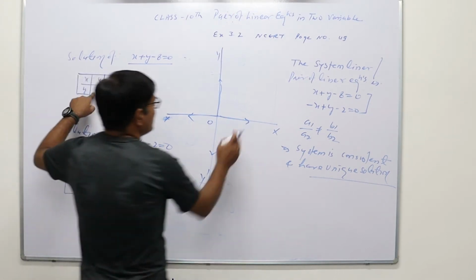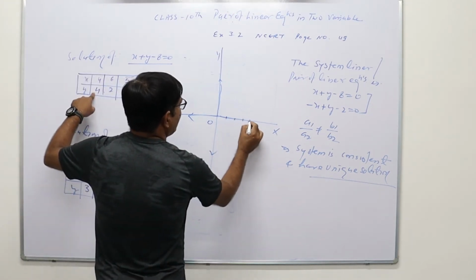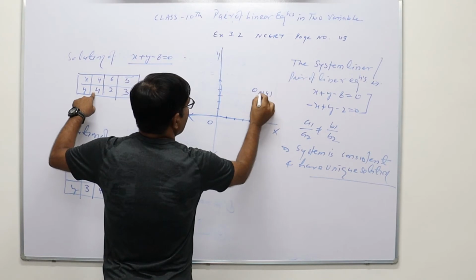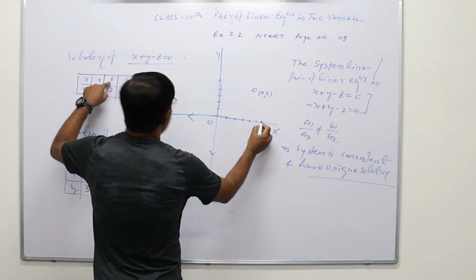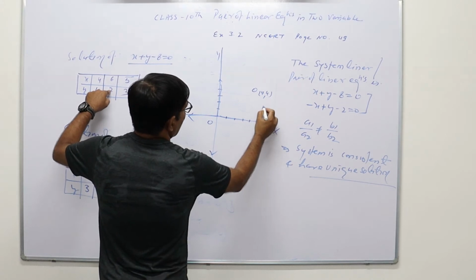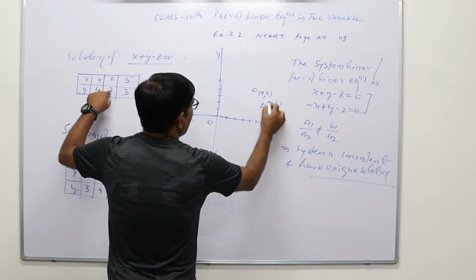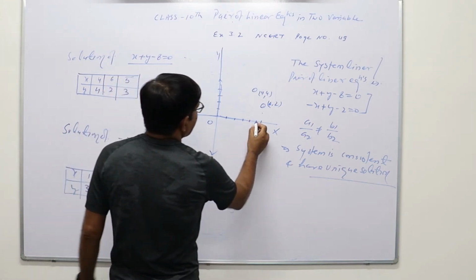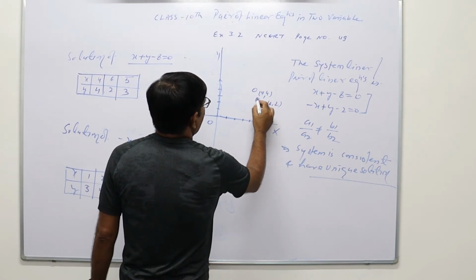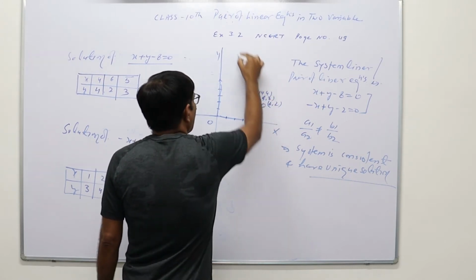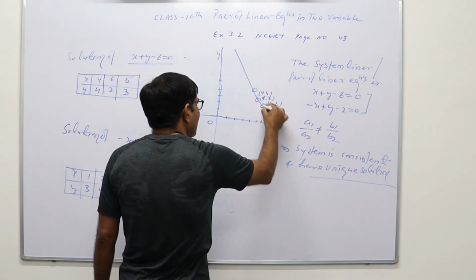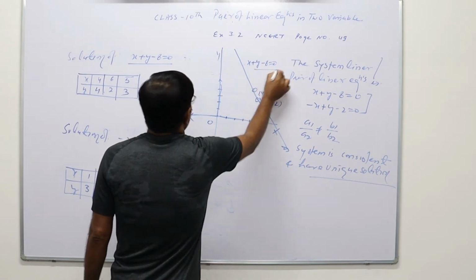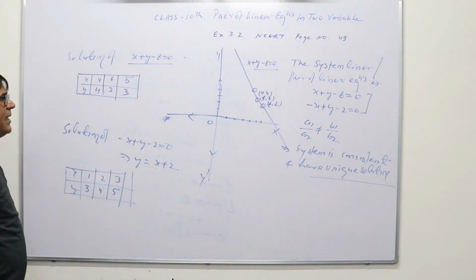Now for the first equation, x is equal to 4, then y is equal to also 4. So on the graph paper, 1 2 3 4, 1 2 3 4, this is 4, 4, one point. Then when x is equal to 6, then y is equal to 2. So 1 2, this is your 6, 2. Then third, when x is 5, then y is 3. This is 5, 3. So by simple free hand joining we can find this type of line and write x + y - 8 equal to 0. This is the graphical representation of the first equation.